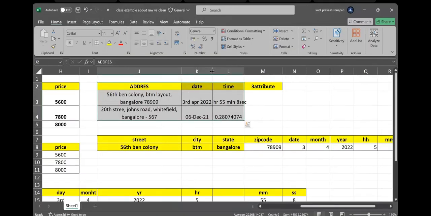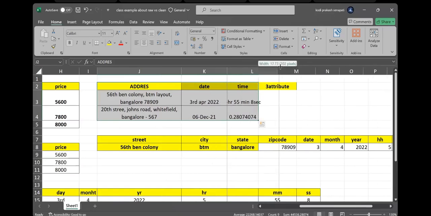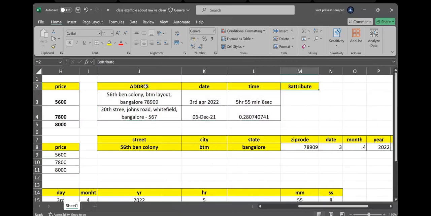Let's say address of the house, date and time. We have 3 attributes, or 3 features, anything we can say. So 1, 2, 3. How many attributes do we have? 3 attributes. So I mean to say, is it raw data or clean data?